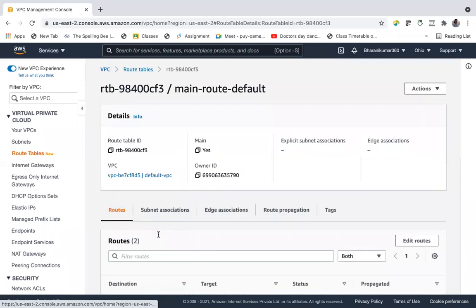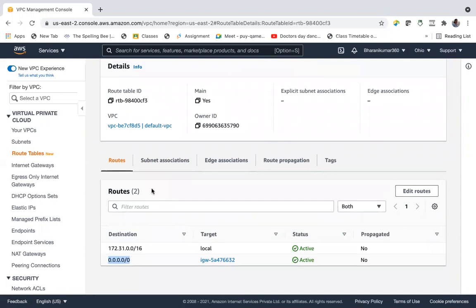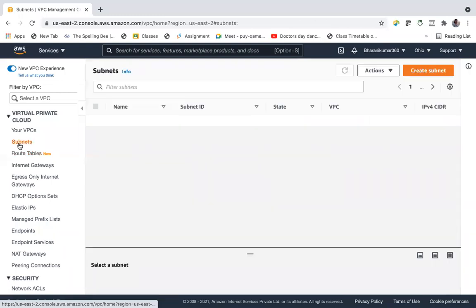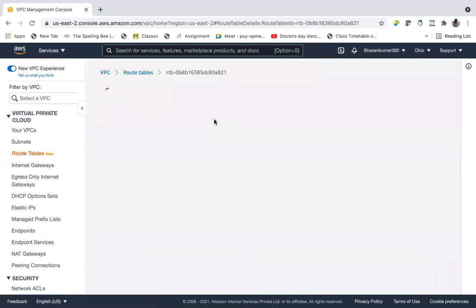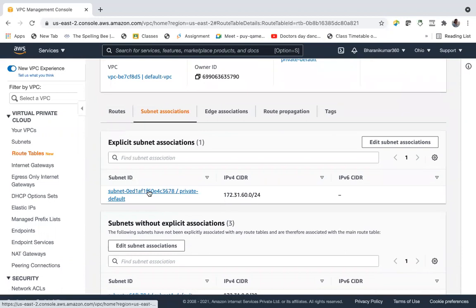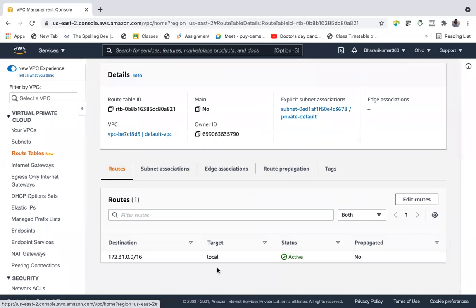And coming to routes, it has a public route. That means the destination is internet, and through this internet gateway, this route table can route all the traffic to the internet. And we know this. Now, route tables, private route, subnet associations, private subnet is a part of it. Coming to routes, it can route only local traffic, right?